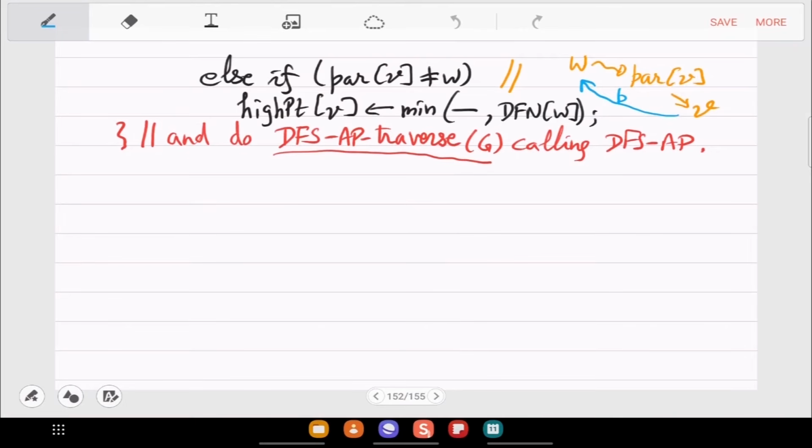So the time here is degree of V many times. This for loop is going degree of V many times, and the updates are all trivial.